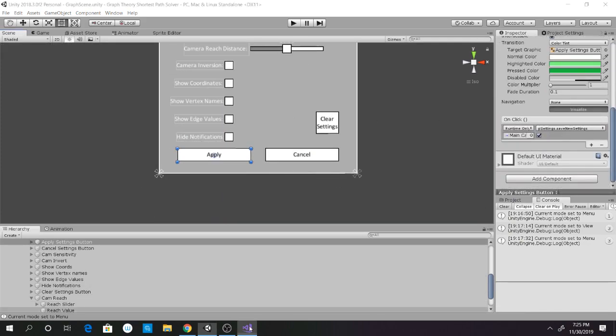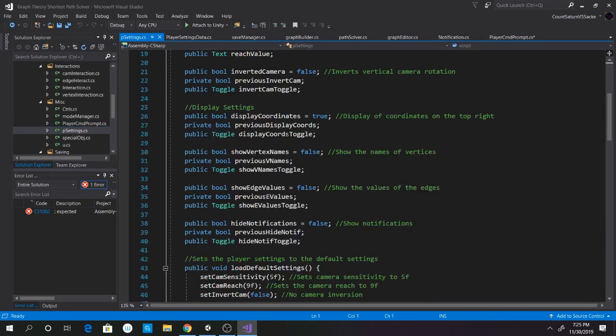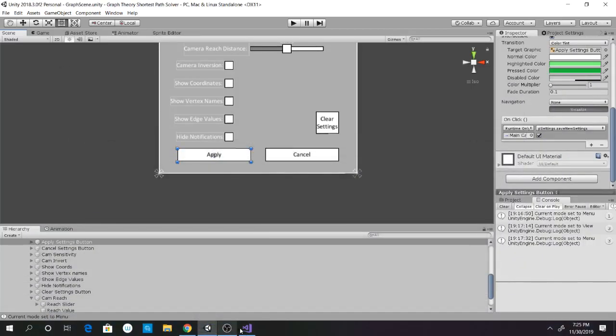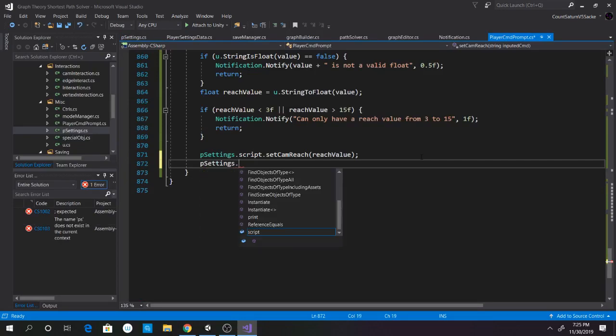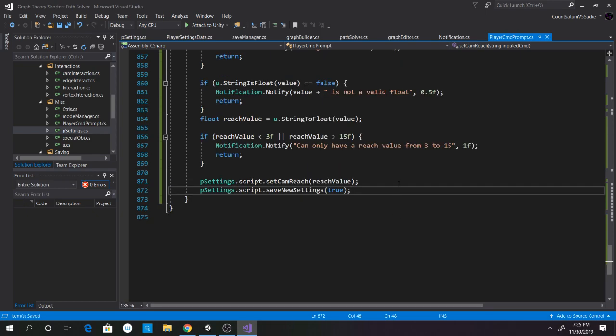Player settings. Oh, it's done through the... Okay, sure. Save new settings. Okay, fine. Yeah, it's not in there. It's in the player settings script, save new settings. And we're just going to automatically give it a true because of that. Anyway,